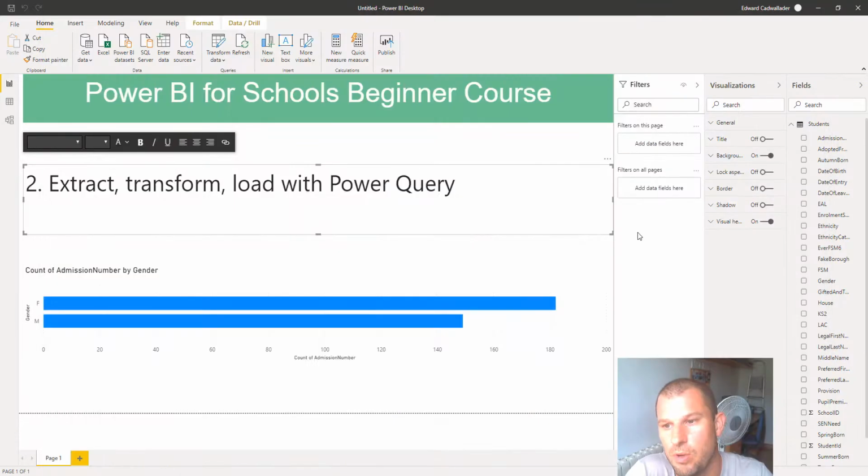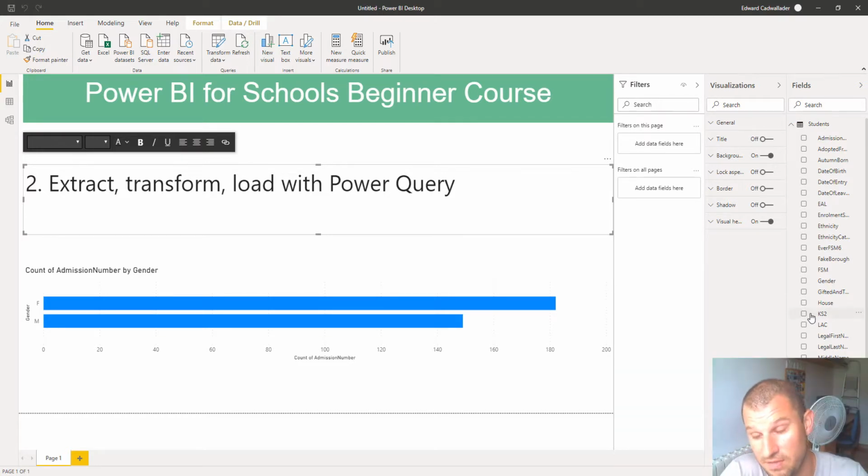So if we just pop back to Power BI, you see how School ID here has a little sigma. That means it's numeric, so we can sum it, we can take the average of it. Key Stage 2 doesn't have that sigma, so our Key Stage 2 results are coming through as text, not numbers. And that's something we want to look at in Power Query. So if we go back